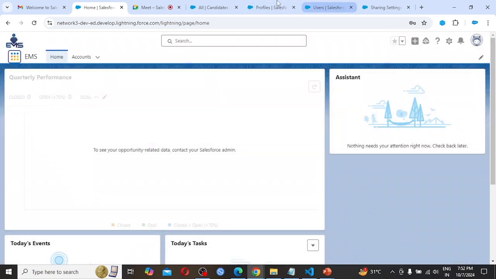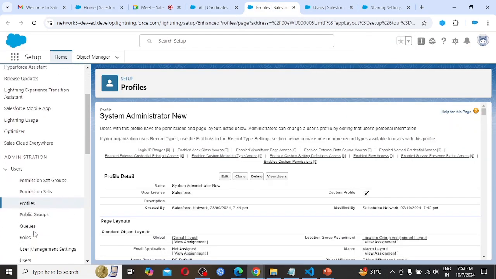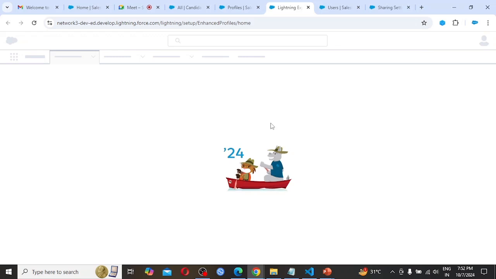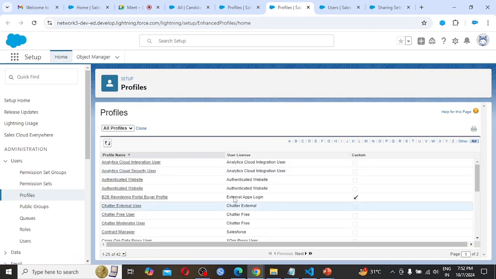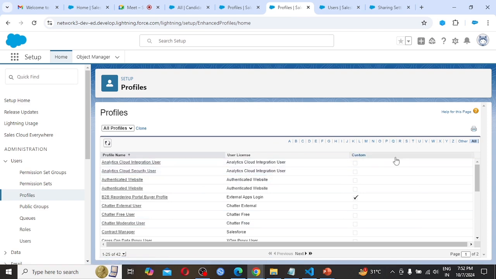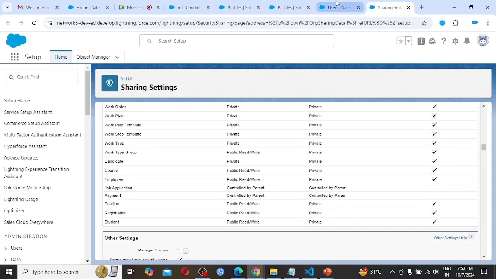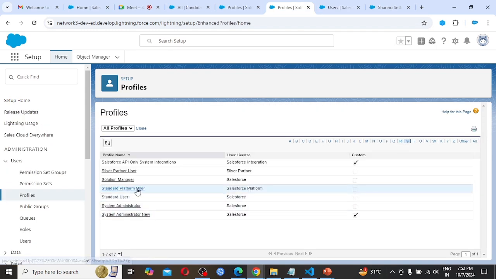So what I have to do, in the profile, as he is using the standard platform user profile, this profile he is using.